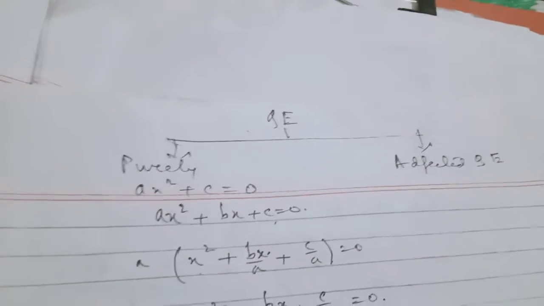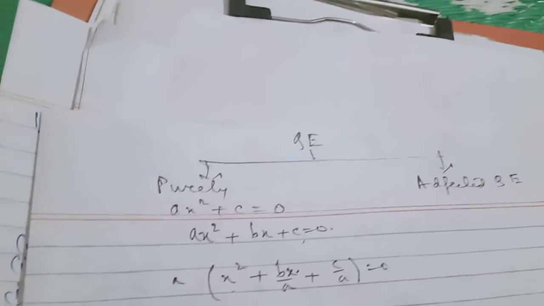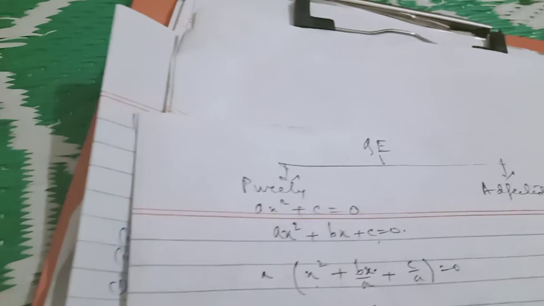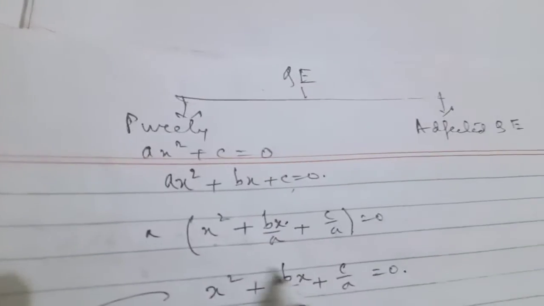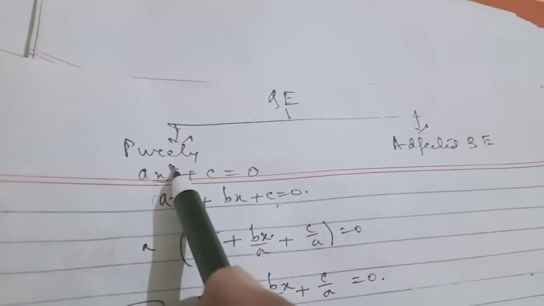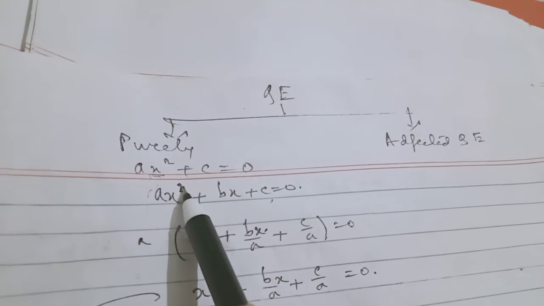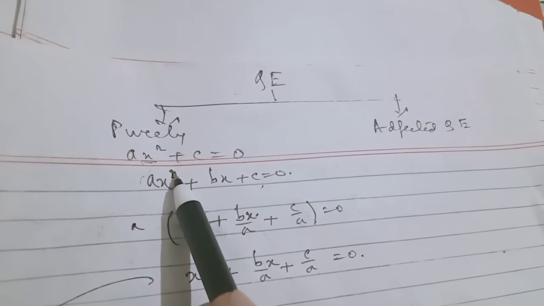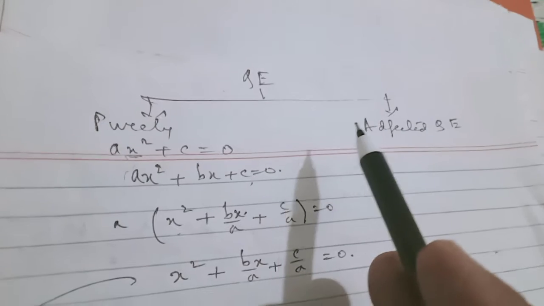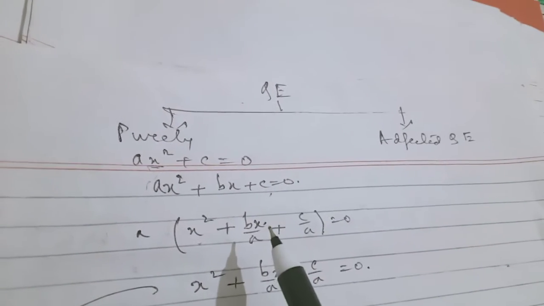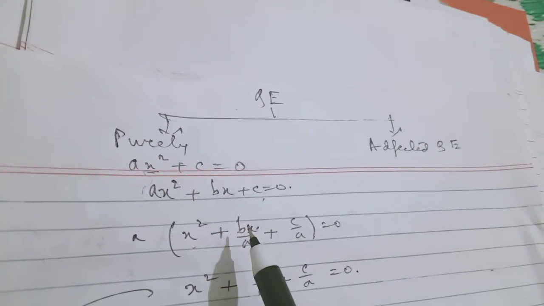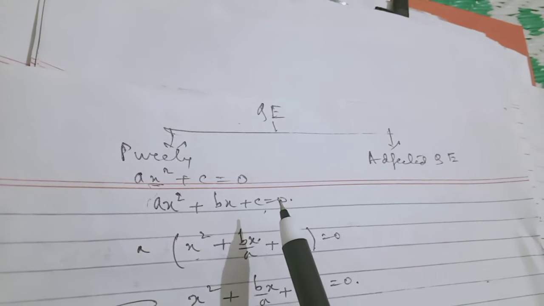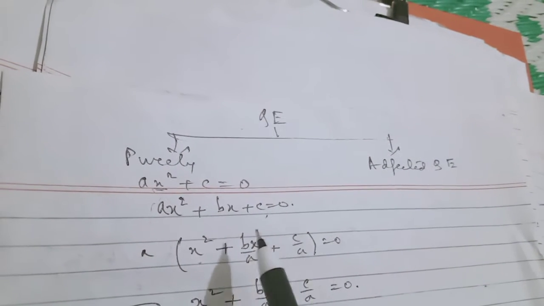Now, the equation in which the highest power of the unknown quantity is 2. Here the unknown quantity or the variable, its highest power is 2. Then this form of equations are called quadratic equations. Generally, a quadratic equation has two values. x is a variable and it cannot have more than two roots.